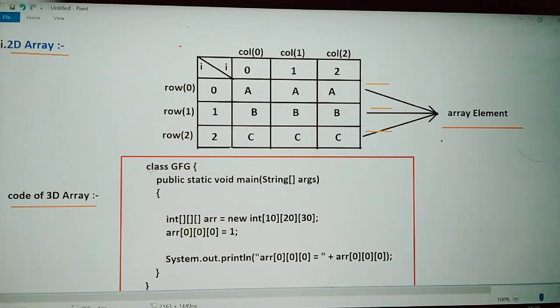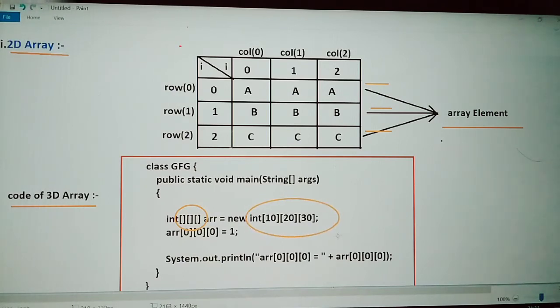At first we declare a class gfg and public static void main with String args, which is a declaration. And then we are taking three elements, three positions of elements. You can see here it is three elements, and here we are taking the input.